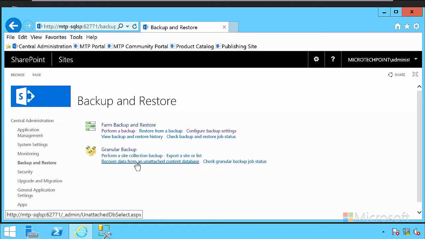It doesn't have to be part of the SharePoint farm. You can back it up to a SQL Server instance. Just let me know where that SQL Server instance is, the name of that instance, and then I can drill down to the list and item level and choose that document or that list and library and recover that. So you'll want to make sure you understand that you can use that backup option. You can access previous backups using this recovery option. And that's really important